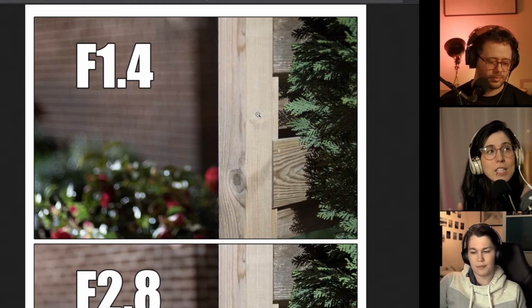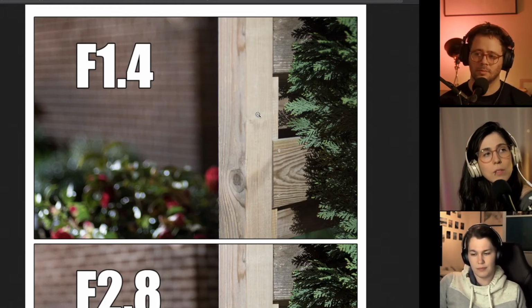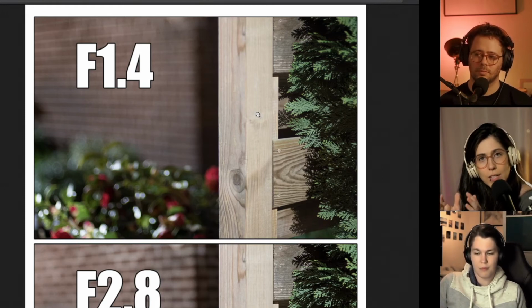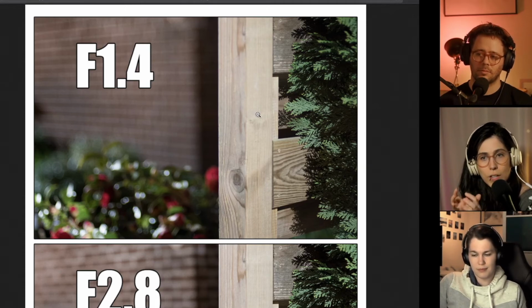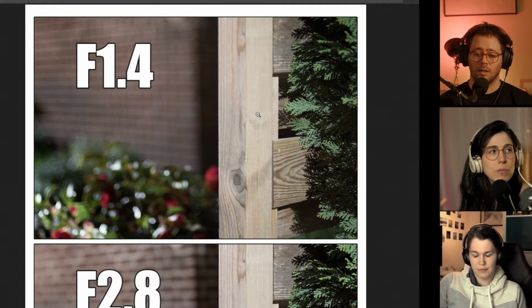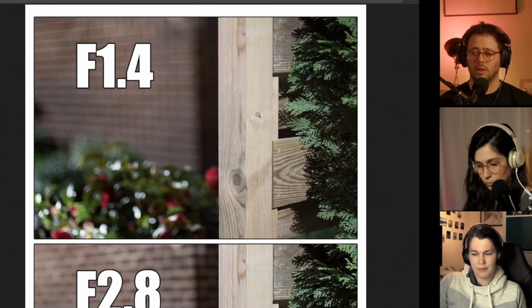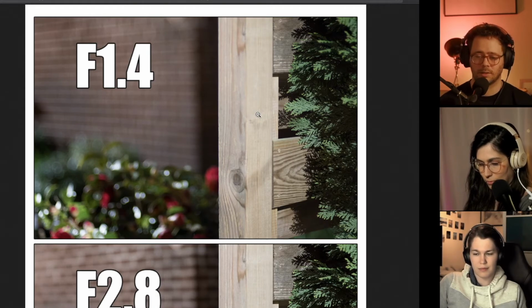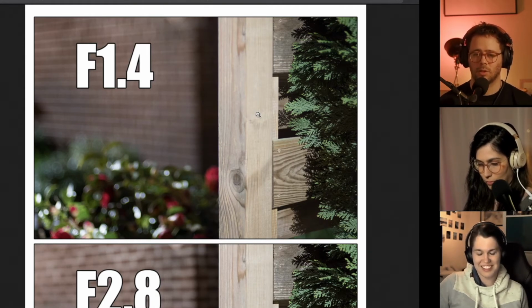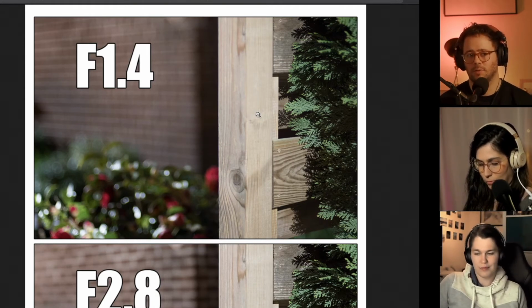It's just that it's easier to make a faster prime lens because you don't have to zoom in and out, and then basically the structure of the lens and the parts inside are going to be fixed, and then you can make it more open, and that's why it's going to be faster. As Janet mentioned earlier, imagine walking around with a 300 millimeter f1.8. It's going to be huge, so it's not practical to have a lens that can zoom that much.